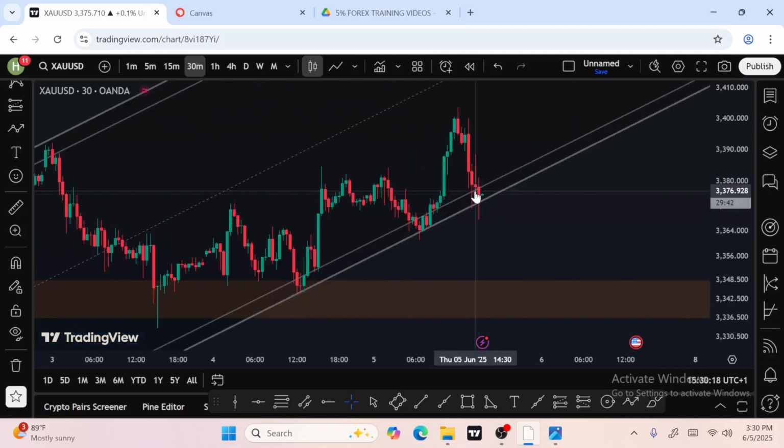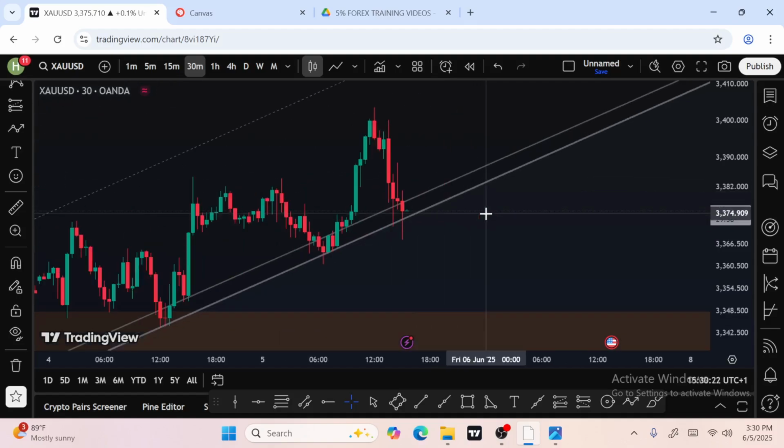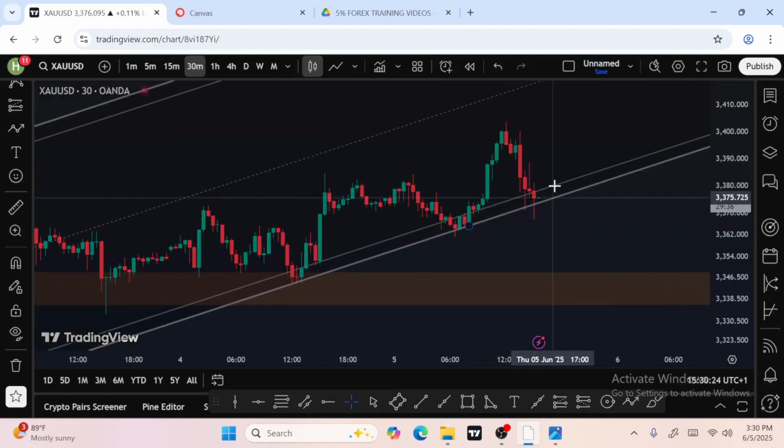Now, see this time. Now this 30 minutes has finished. It finished as a pin bar. Do you see that now? As a pin bar. So you are expecting that the next candle that will form is going to be a bullish candle. But will you enter this? No. What will you do? Take your counter trend line.